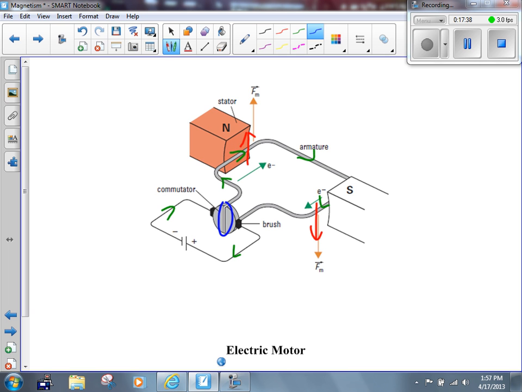Then it's going to go 1/4 of a revolution, and so on. The current reverses through the wire, but yet it still goes clockwise. The current's reversing through the wire because we'll call this wire A, or side A, and side B. When side A is rotated to the point when it's over here, where side B was, and side B is now where side A is, the current's going to go around